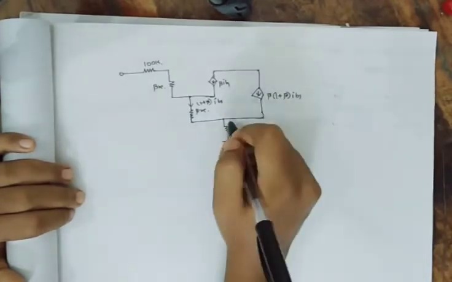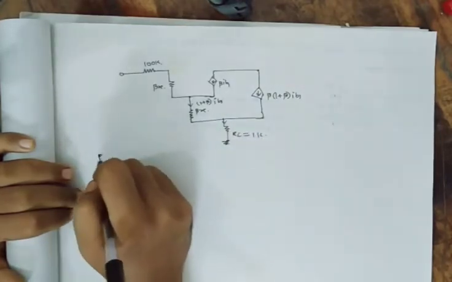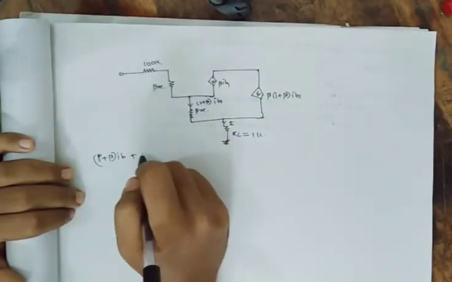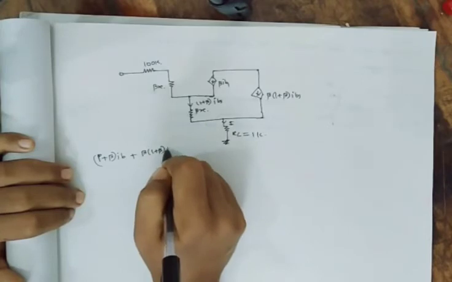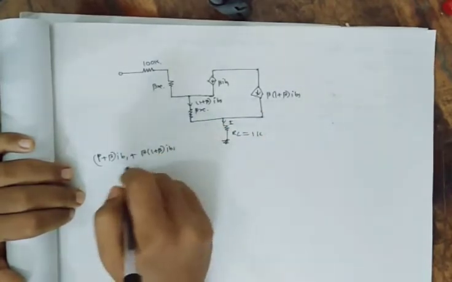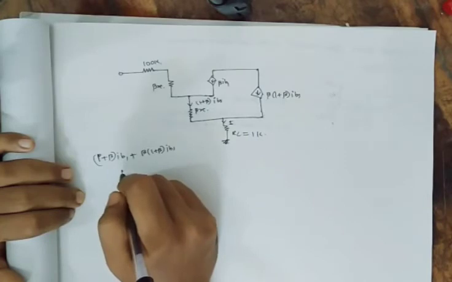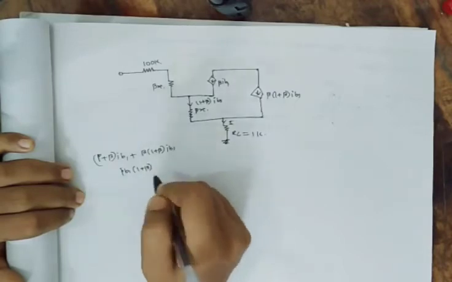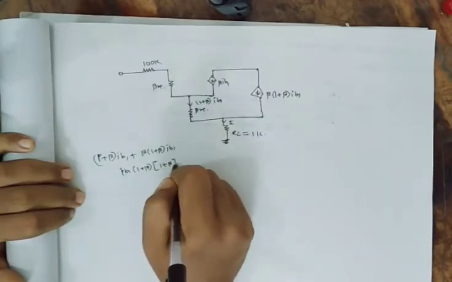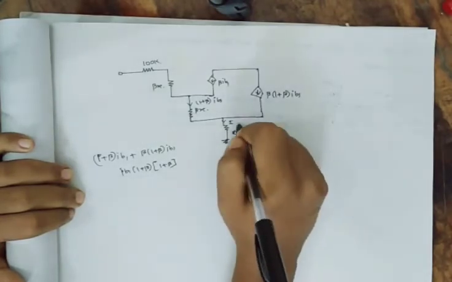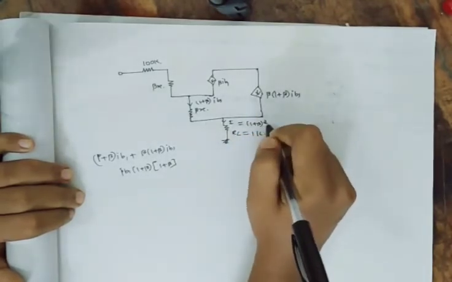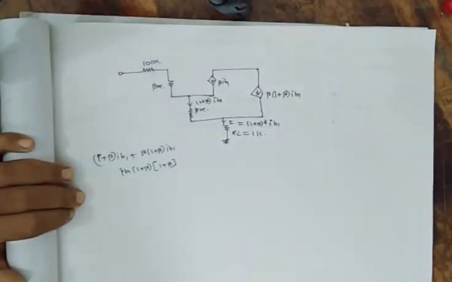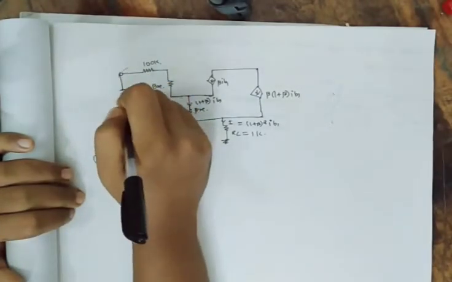equal to 1K. So what will be the current over here? That is equal to 1 plus beta IB, let this be for I. Okay, 1 plus beta IB plus beta into 1 plus beta IB1. Okay, both IB1. So taking IB1 outside, IB1 and 1 plus beta outside, I will get 1 plus beta only, right? So that is equal to 1 plus beta the whole square into IB1. Okay, so that is